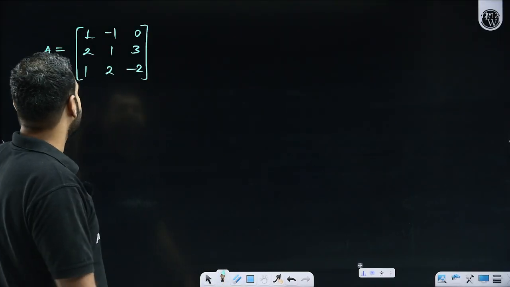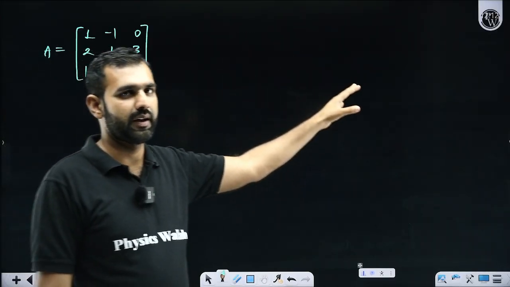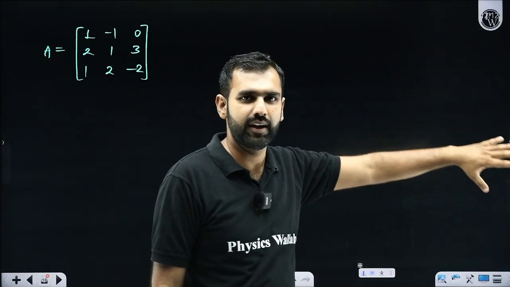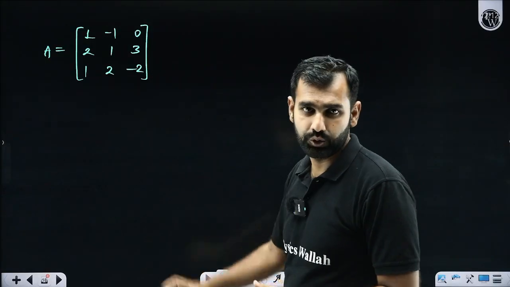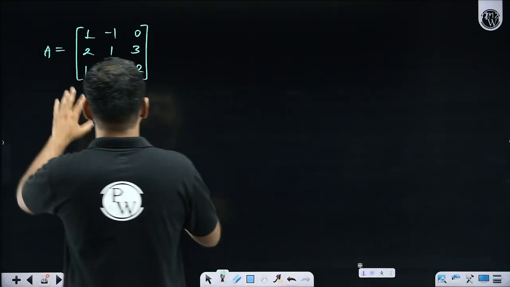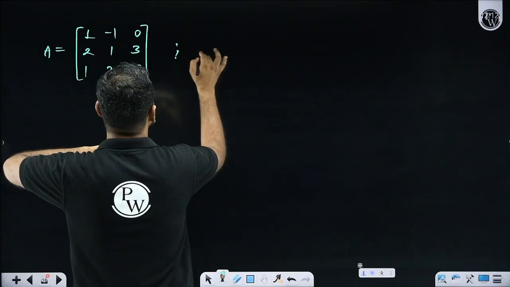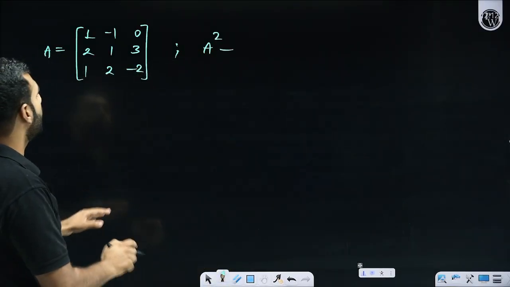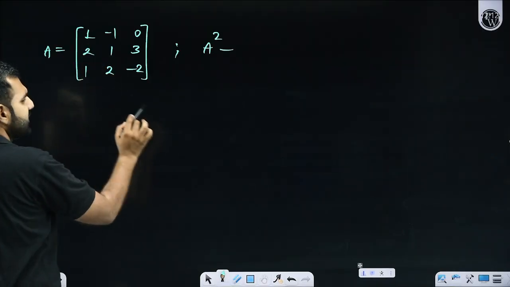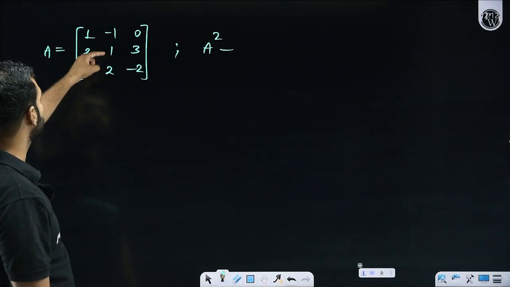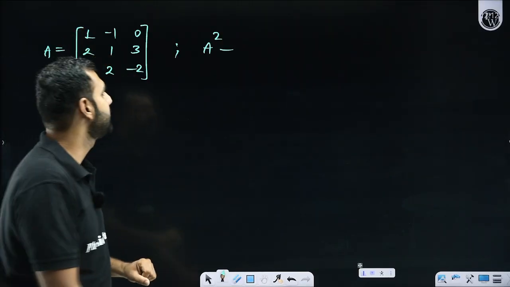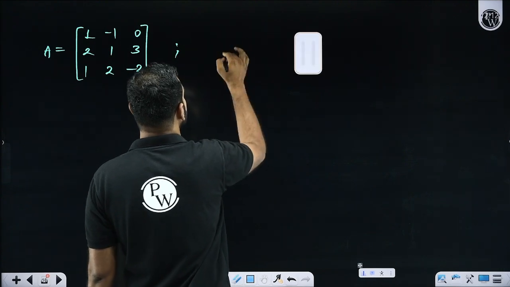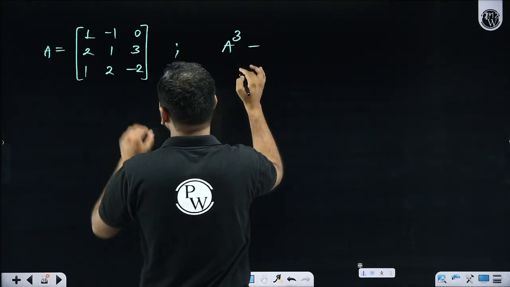So here, sir, I don't want to use that method, although it is going to take same amount of time. Either you use A minus lambda I or the method which I am suggesting to you to do. So there, I'll write its matrix polynomial as A square minus plus minus sum of the principal diagonal elements, that is trace of it. So 1 plus 1, 2, 2 minus 2, that is 0. So it will be 0 into A. Sorry, it's not A square, I'm really sorry. It is cubic, A cube minus.